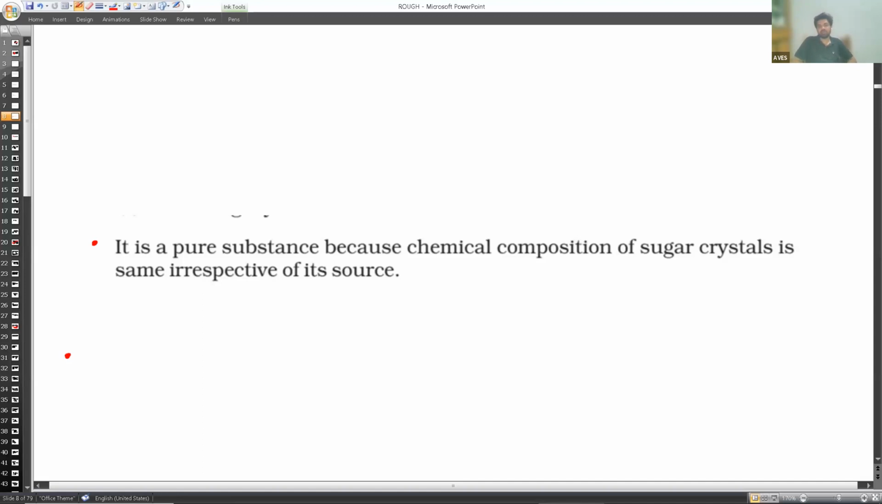Note further, the Tyndall effect can be seen when light passes through heterogeneous mixtures. Examples: